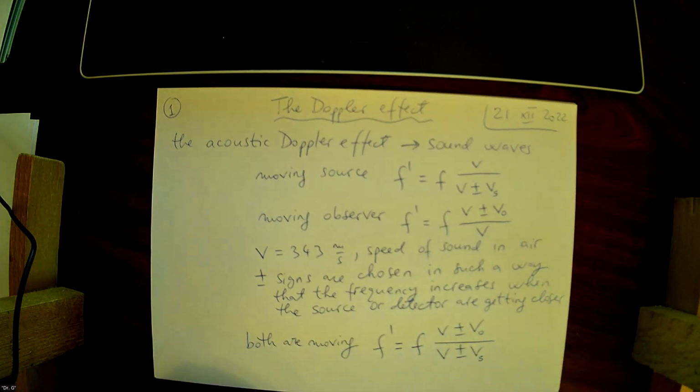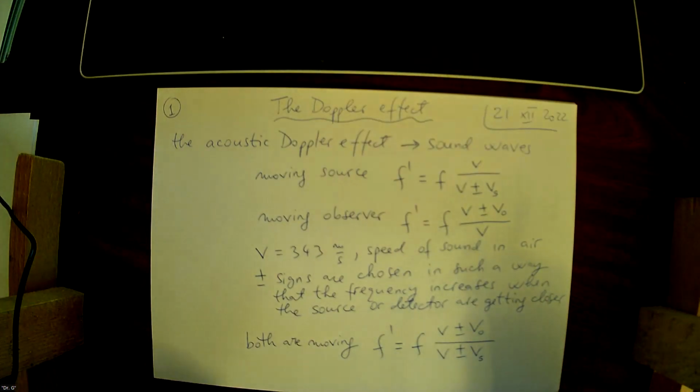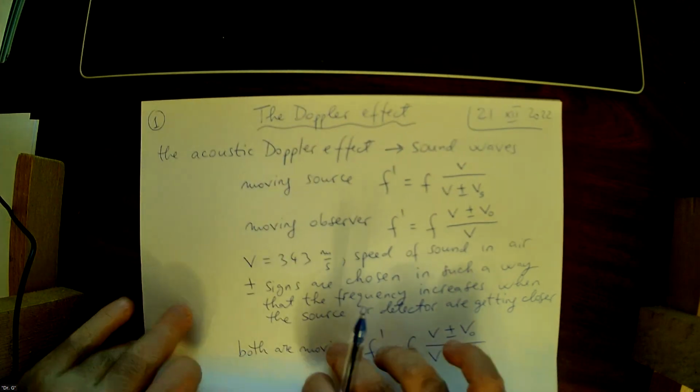Now, in the booklet, we have a third formula right here: delta f over f equals delta lambda over lambda, approximately equal to v over c. You've got to be very careful because the v in this formula is not the same as the v in the previous two formulas. It's something completely different. And we'll see more right now. Okay, so the relativistic Doppler effect